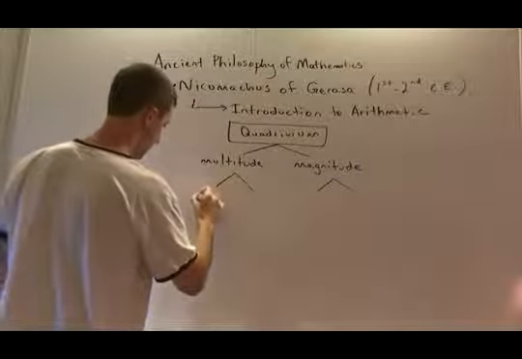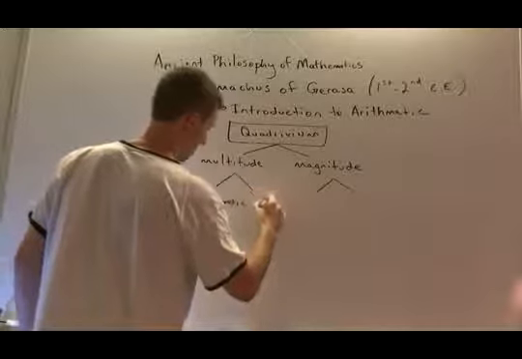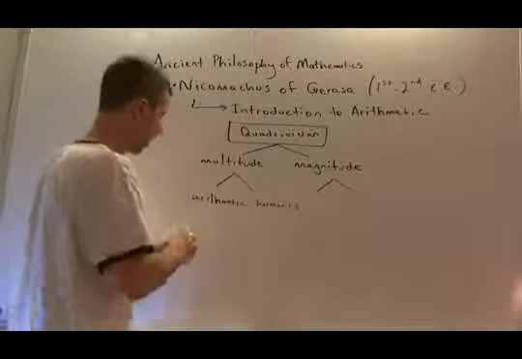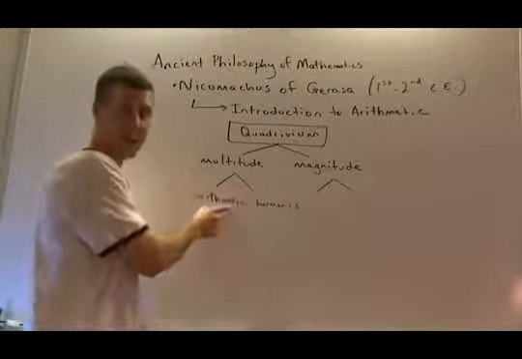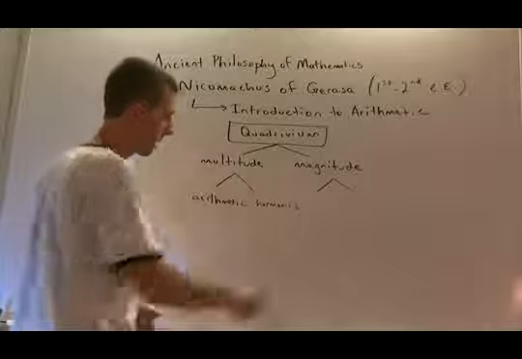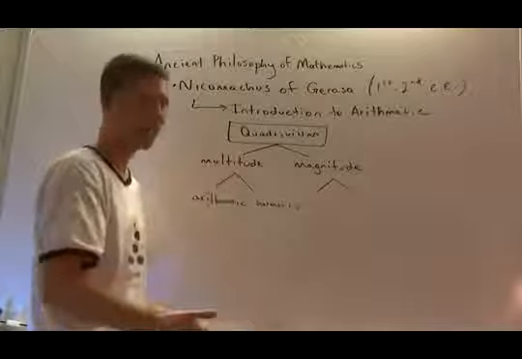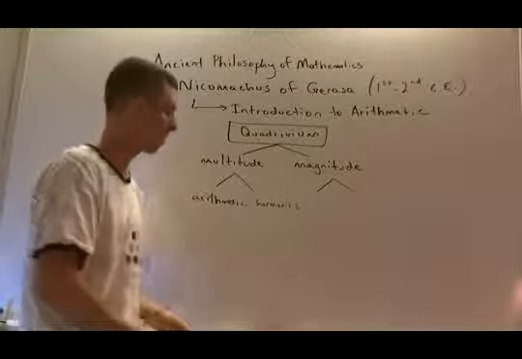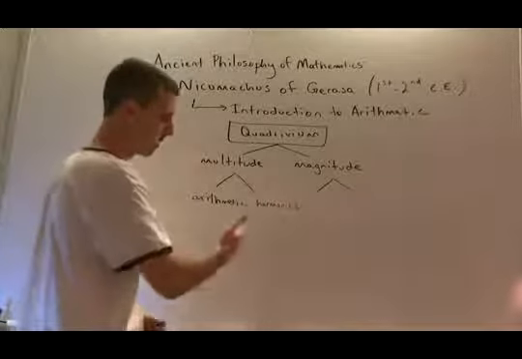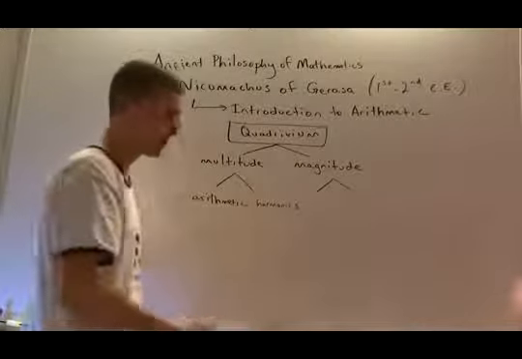Let me get these two up here. I'm going to put harmonics instead of music. So, again, arithmetic was absolute quantities, talking about is a number in and of itself even or odd or perfect. Harmonics looks at things like ratios, like the ratio of 2 to 3 is the perfect fifth. 3 to 4 is the perfect fourth, and so on. So we need two numbers to talk about ratios. So it's not absolute number, but number in relationship to another number. So we think of that as harmonics, or music.